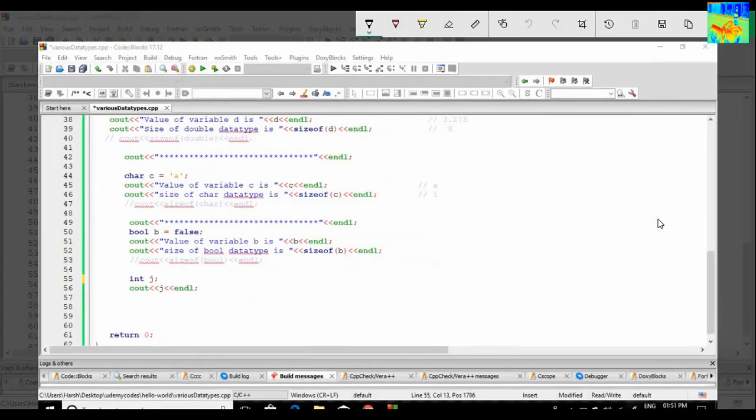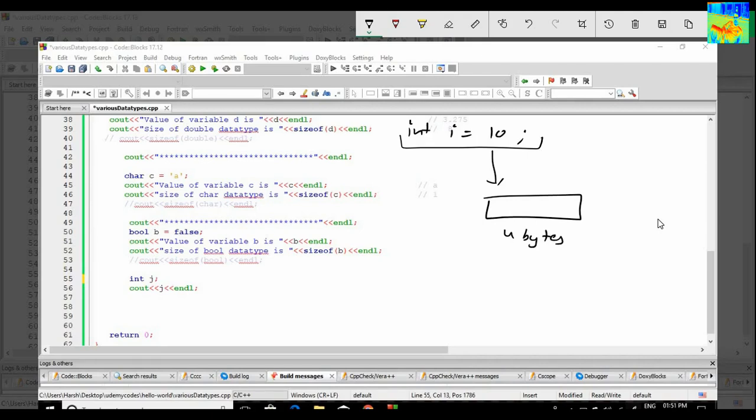So when I was writing int i equals 10, this line was giving me 4 bytes of space. I was naming this space as i and I was putting 10 inside it.